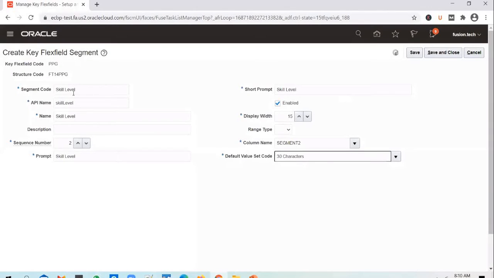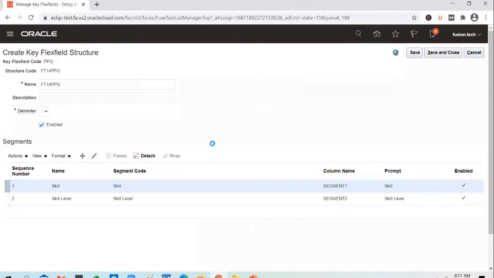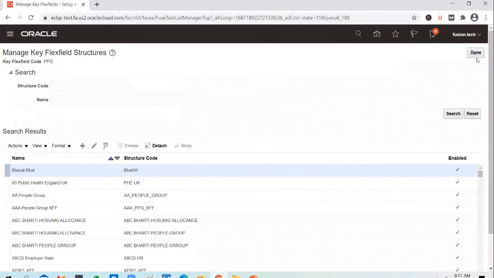If you want to give the user a drop down for skill level as well as skill, instead of letting them type in whatever they want, you can do so. You can create a value set and enter the skills into that value set and attach it to the skill segment. And for skill level as well, you can add say mastery or intermediate or basic values in an independent value set, and you can attach that independent value set here so that the user gets a drop down and they will select the skill value. Okay. But here we are leaving it wide open. We are just putting in a format restriction. Save and close. We have created a structure now.